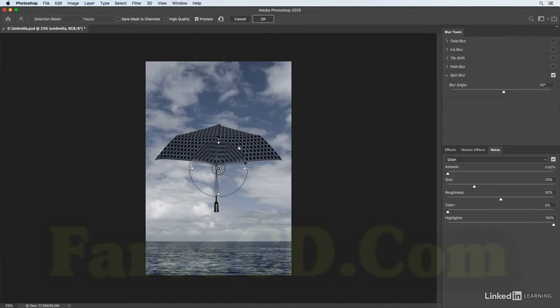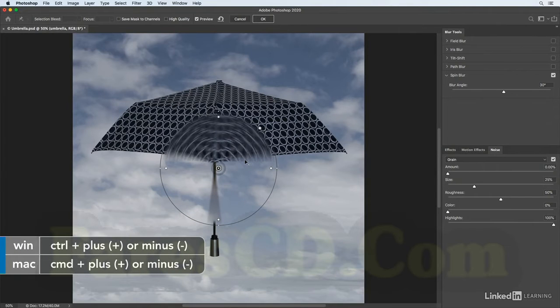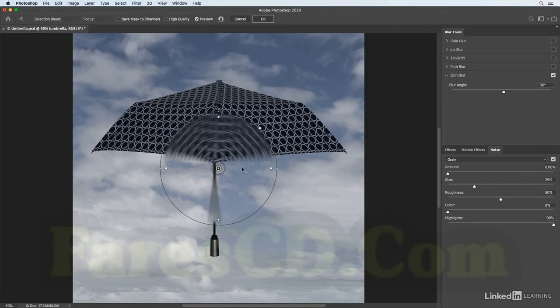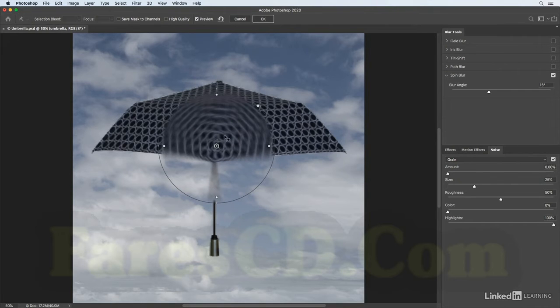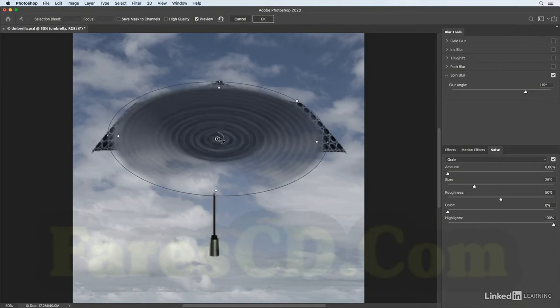I'll zoom in once using Command+, and then zoom in again, just so that we can see the umbrella a little bit larger. Photoshop creates this default ellipse, and in the center there's a pin so I can relocate it. I can also increase the amount of blur using the dial, or I can increase it over here in the panel. In order to make this larger, I'll click on one of the dots and then drag out, and then reposition it up in the image by clicking on that pin.